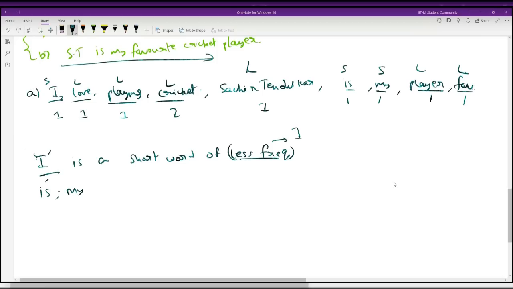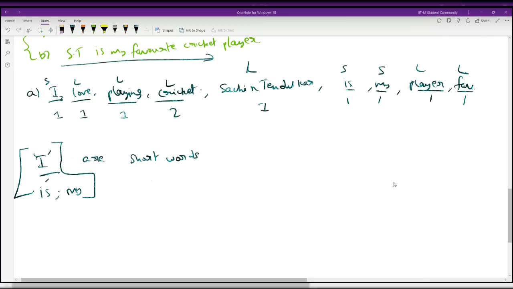I, is and my, these 3 words are short words, are short words having